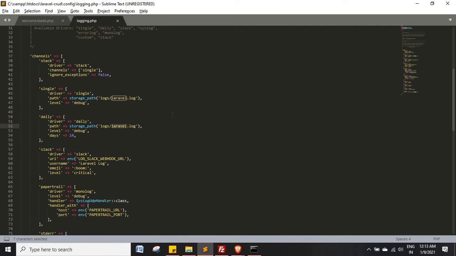Suppose you have integrated a payment gateway. What request is the payment gateway receiving and what response is the payment gateway giving us? That part we can log; we can create a log of that. So we will create our own logger, and we will define it whenever we are making a request to the payment gateway. Whatever request is going, we will log it, and whatever response we are getting, we write our code so that we can get that as a log.